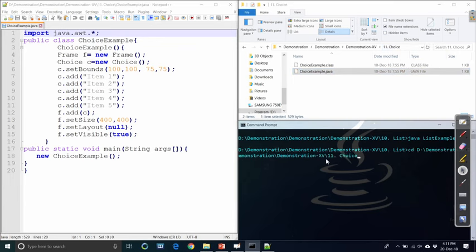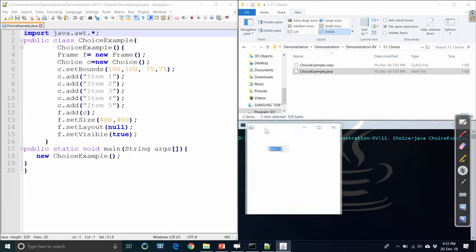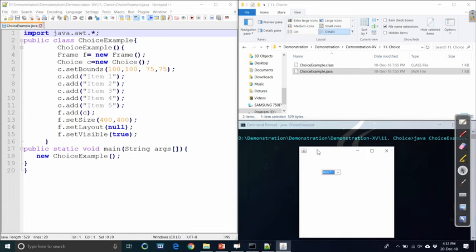So, choice is similar to the list, but you can see the difference if we run the example here. First, let us see the example. Okay, run this one, choice. Yeah, we can see exactly what is the difference between the list and choice. Here you can see the list shows all the items which it has, whereas choice will not show it, but if we click it, all the items which are there